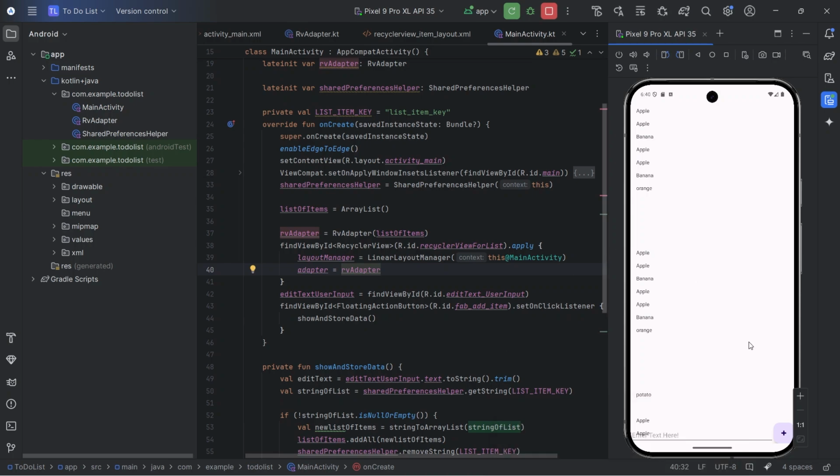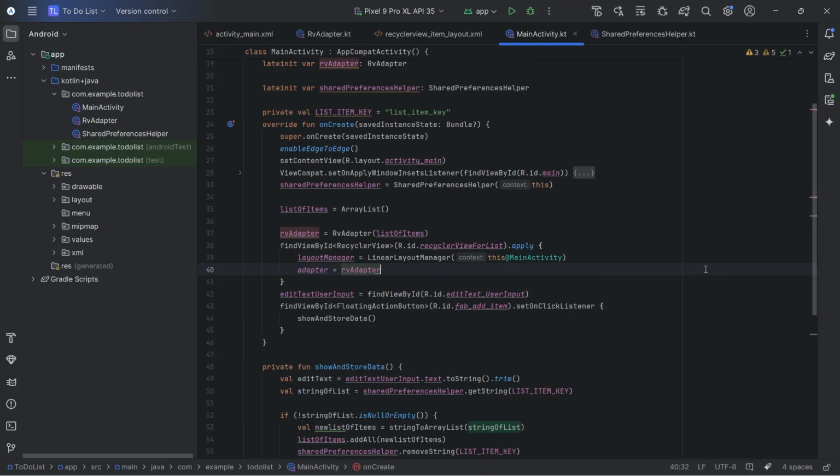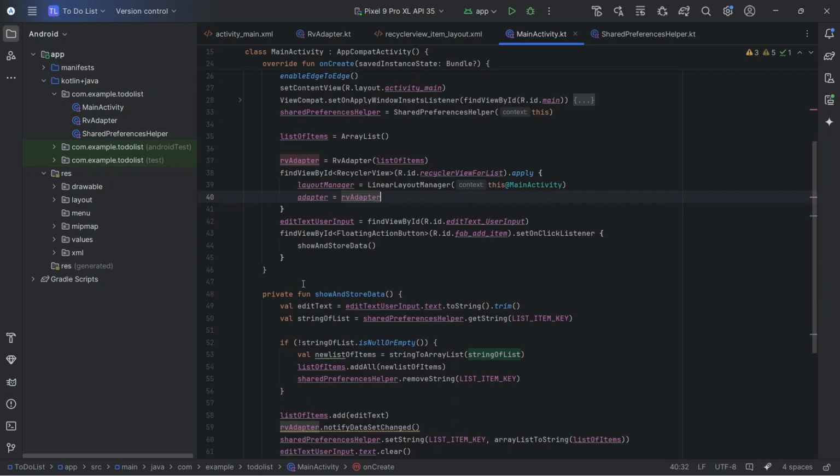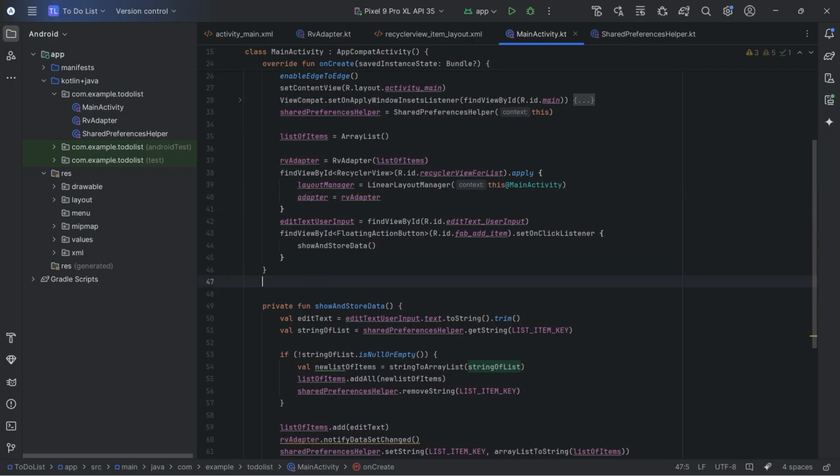Let's fix the first issue that we have. I will close this emulator from here. To fix the first issue, that is the RecyclerView is not being populated by the list items, first of all, we need to fetch the data and update the data to the RecyclerView. How to do it? Let's create a method,